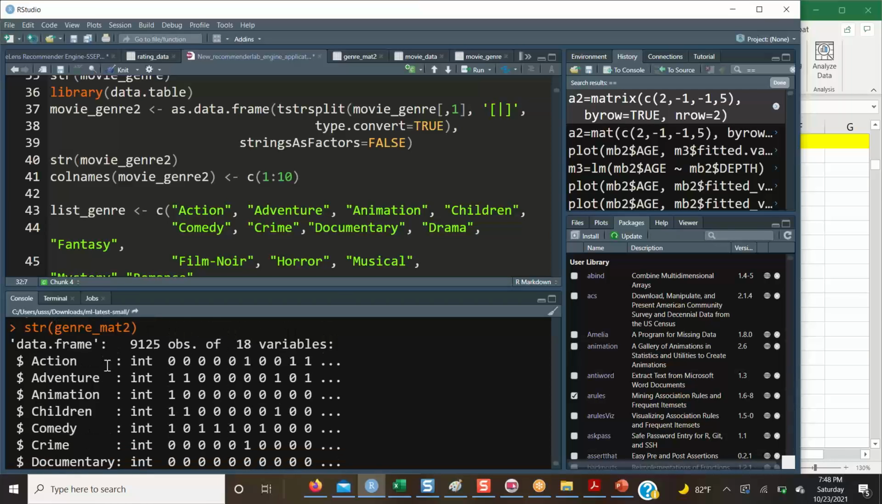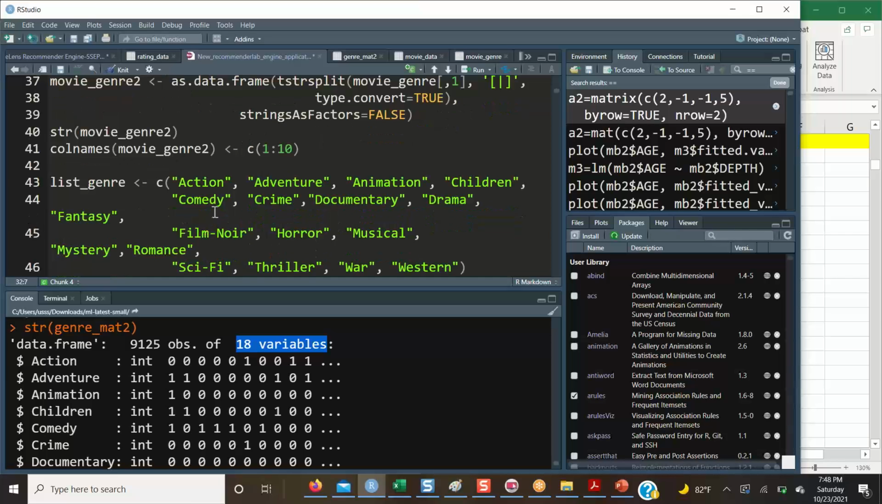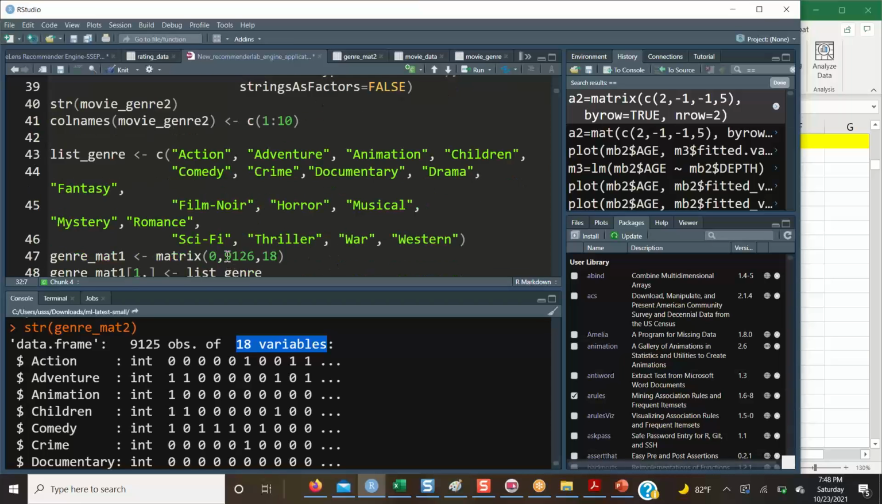So there are 18 genres. Remember, a total of 18 genres: action, adventure, animation, children, comedy, crime, documentary, drama, fantasy, film noir, horror, musical, mystery, romance, sci-fi, thriller, war, and western. These are the 18 things. And we want to separate out those